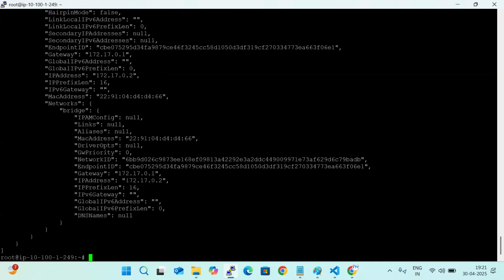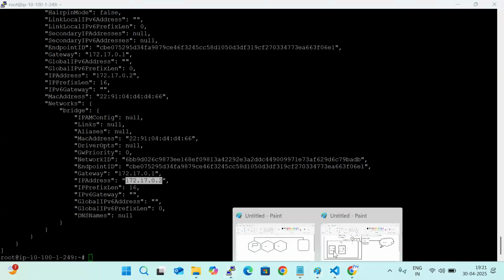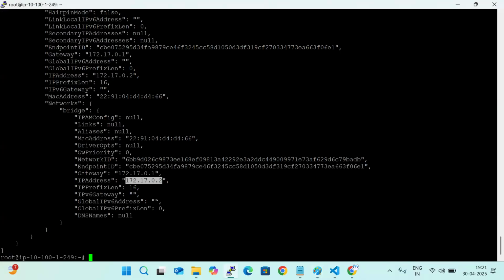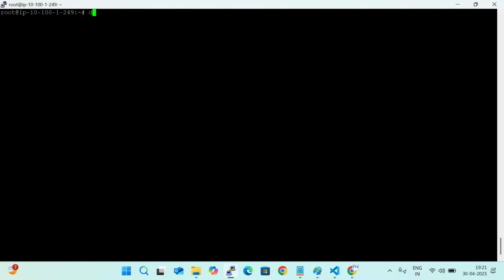So here you can see container1 has the IP address 172.17.0.2. That is what I have shown over here. 172.17.0.2. And if I create another container, docker run -itd --name container2, with the help of the Ubuntu image,